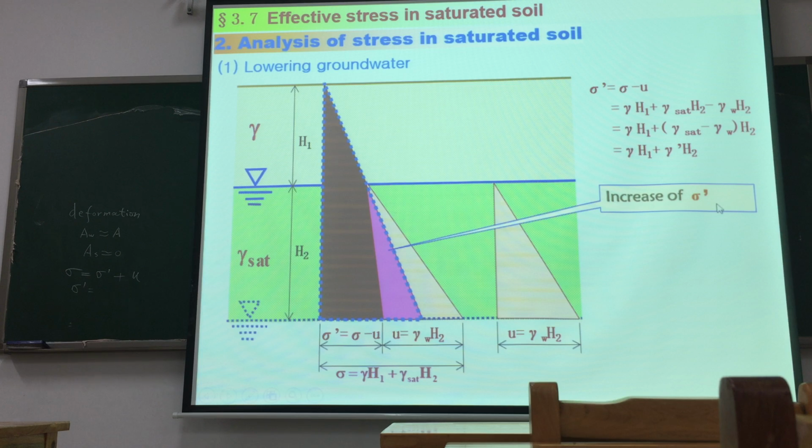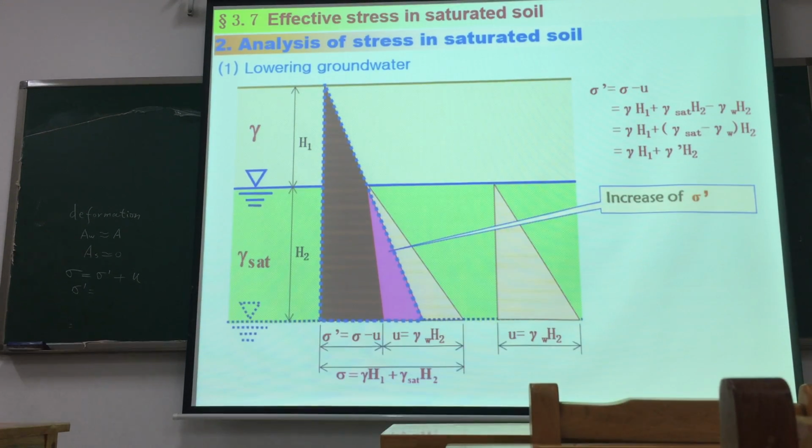Okay, for this soil layer, originally below the groundwater level, we use buoyant unit weight for calculation. But when the groundwater decreases